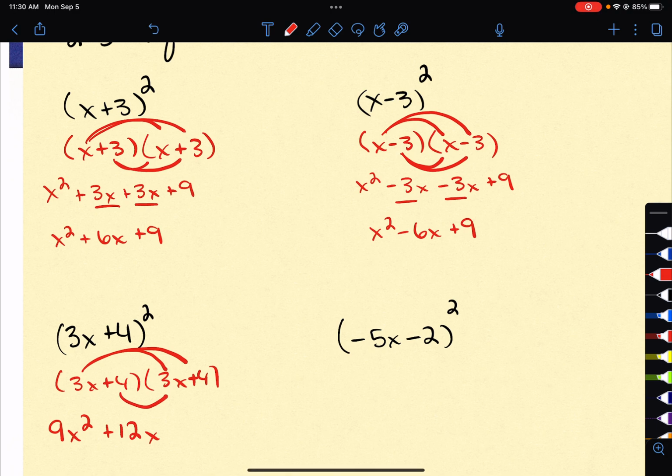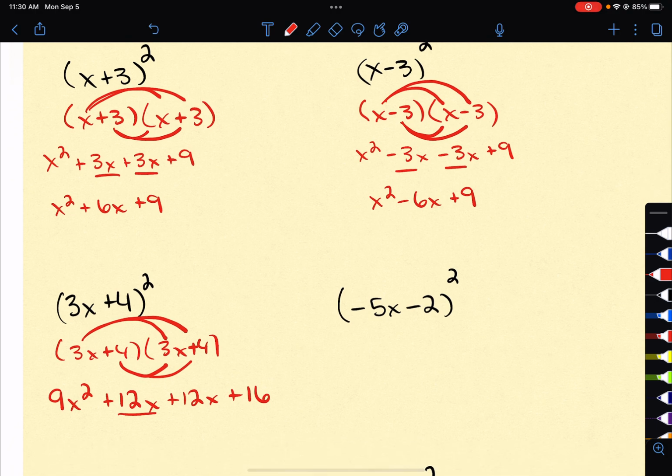Another 3x times 4, because 4 times 3x is the same thing, is 12x, and then 4 times 4 is 16. So that 12x showed up twice again. So I get 9x squared plus 24x plus 16. If you're starting to see the pattern and can use the pattern, you can make this problem go a little